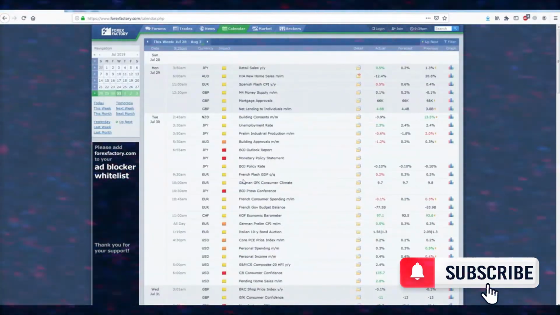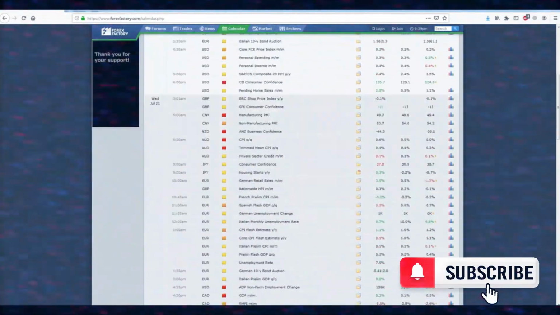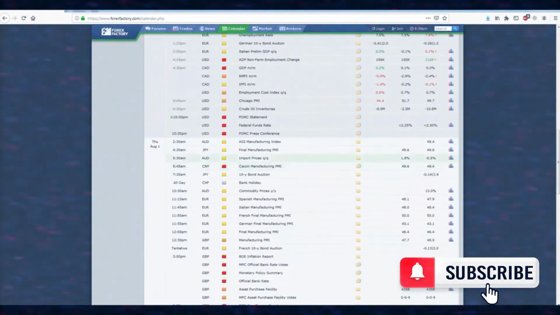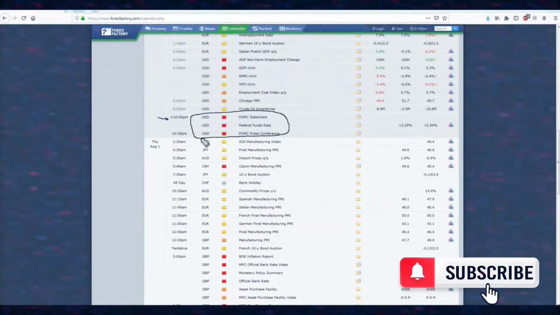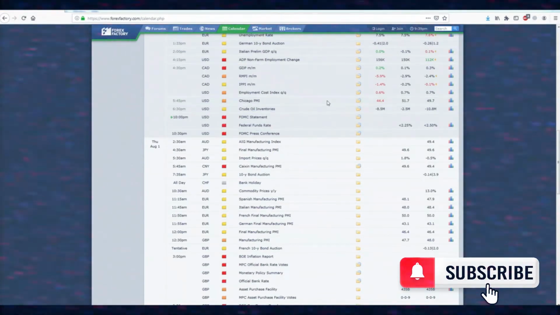Now, we need to look at these news. These are the upcoming news for this week. So, for example, right now we can see this green arrow indicating that the next news, the upcoming news, is for the USD, the FOMC statement. And usually these are making high impact news on the market. These are what I'm planning to trade right now, especially this one, federal funds rate. If it was really bad or lower than the previous statement, that is going to affect the dollar, and I'm going to be sure to catch all the possible